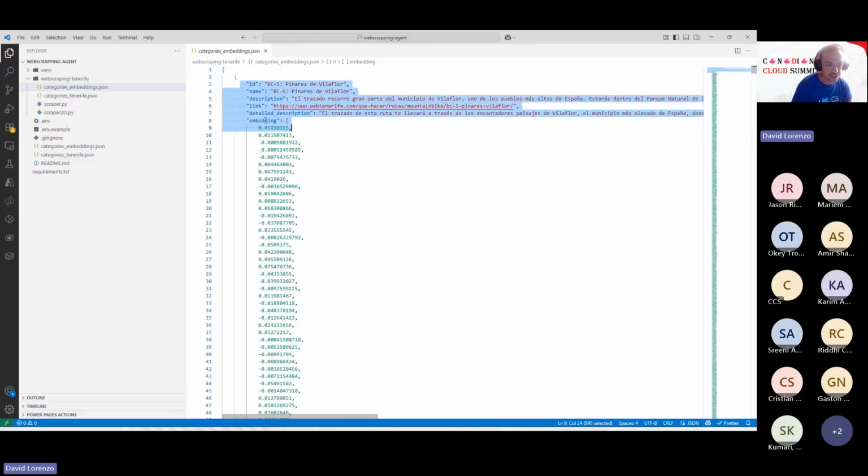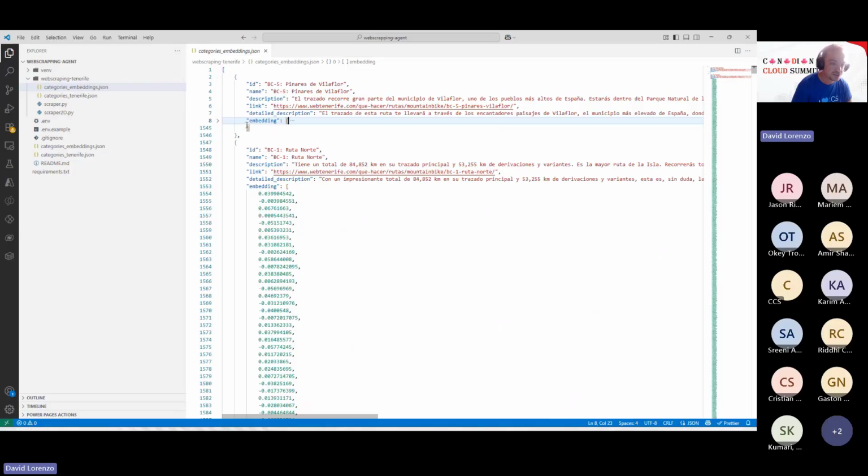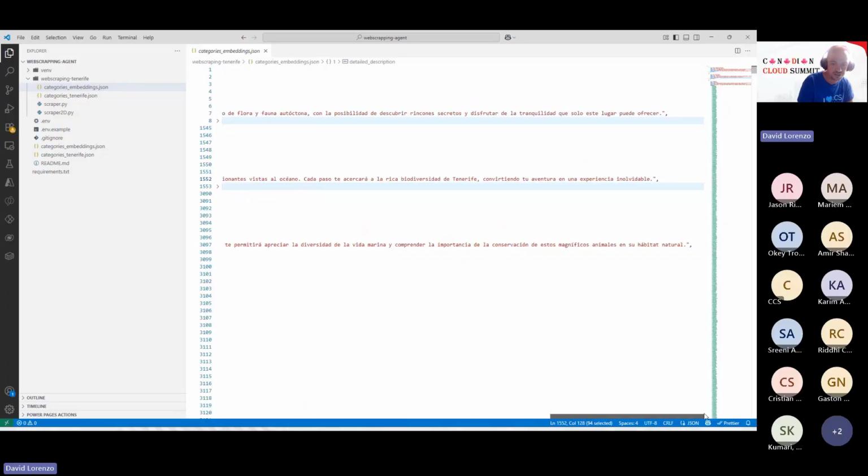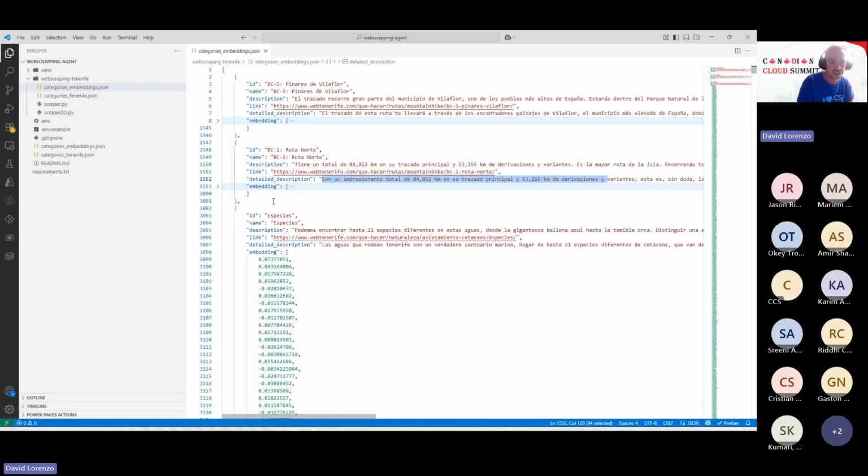Okay, so here is the embedding, which we later on use to answer the user queries in a semantic way. This is in Spanish, but don't worry, because Copilot Studio will translate automatically to English when we ask in English. And yeah, so this is the detailed description, the enhanced description that we have generated using OpenAI, and then we